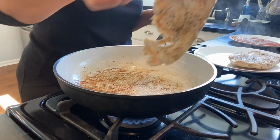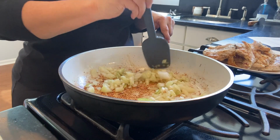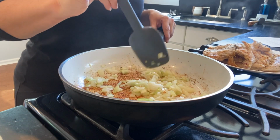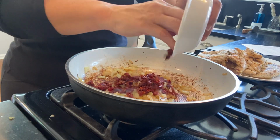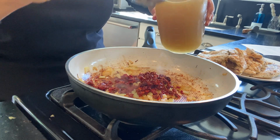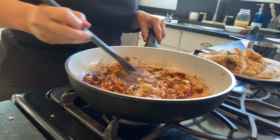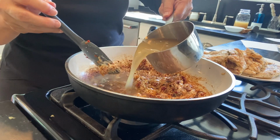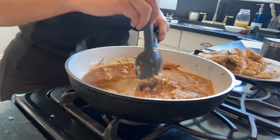Now spray the frying pan with a little more cooking oil and add the onion. Fry for a few minutes until translucent. Then add in the garlic, sun-dried tomatoes, plus a little stock just to prevent any sticking, and fry until softened. Add in the cream cheese and stir until melted. Then add the remaining stock. The sauce will look quite watery at this point, but don't worry,